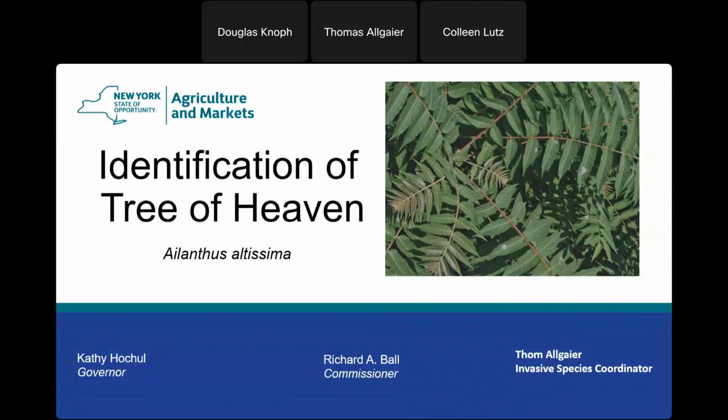Yep. So Tree of Heaven is the preferred host of spotted lanternfly, but not its only host. It can complete its life cycle on other trees. It doesn't need Tree of Heaven to complete its life cycle and become sexually mature. However, it does better. It lays more eggs, and more of those eggs hatch if it feeds on Tree of Heaven. But it can survive on things like maple and walnut and other plants. So next page.